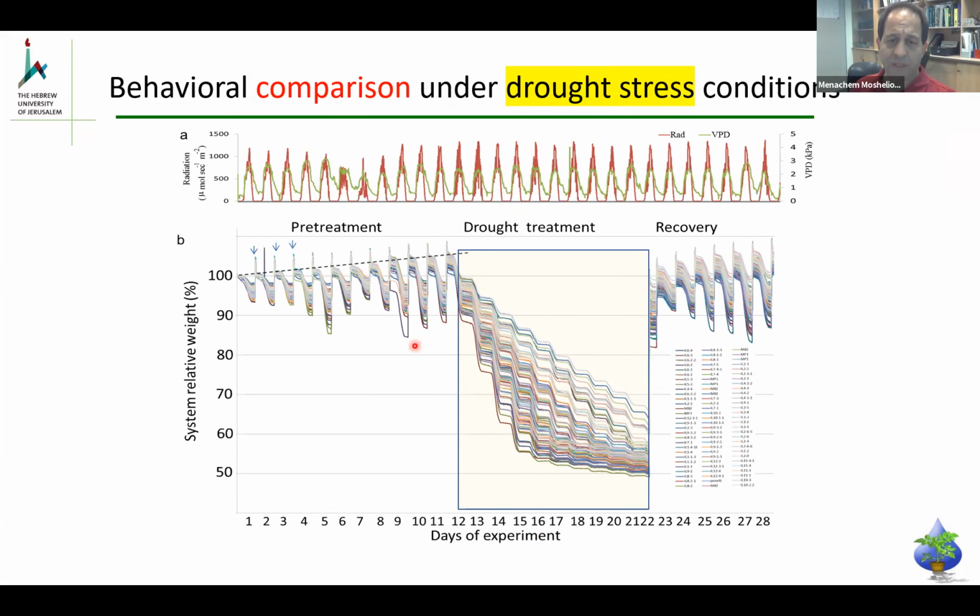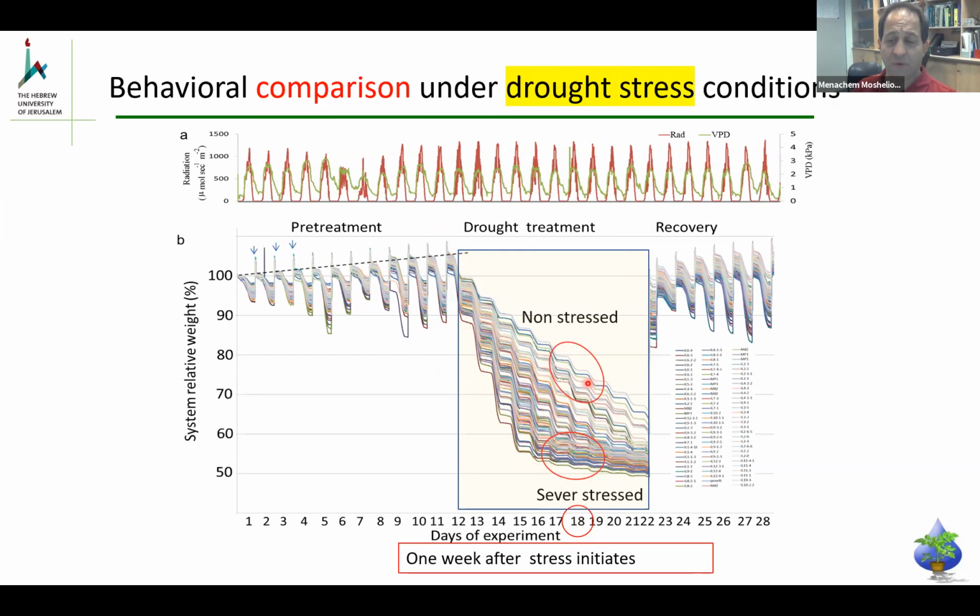Let's look at this graph. Here we see many plants measured under similar condition. This is the atmospheric condition, light and VPD. This is the growth rate of the plant. Each color here is a different plant, and you see the water consumption. Each graph here shows the water consumption. I will explain later how we get it. Now, when the drought starts, you see a very big variation in the response of the different plants. So after 7 days, some plants are actually under severe stress, while others are not stressed at all. So we can just say we close the tap here, but look what a huge variation we have in the